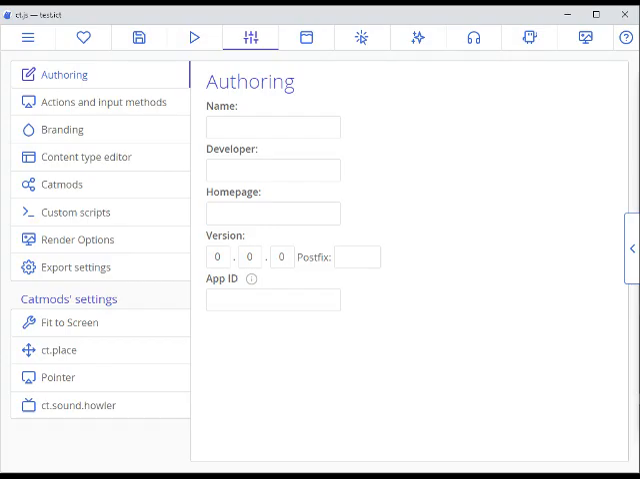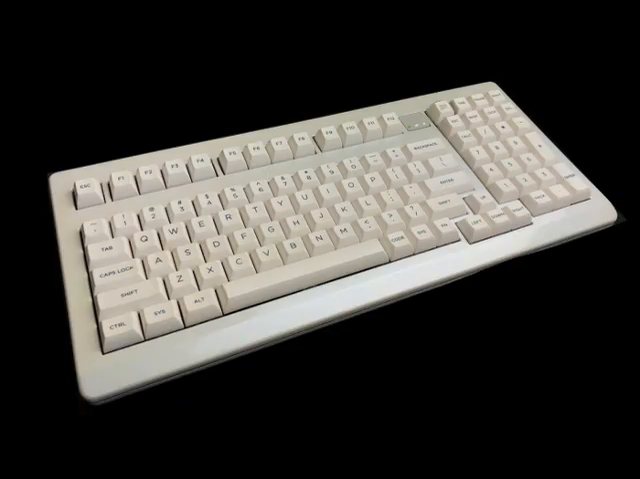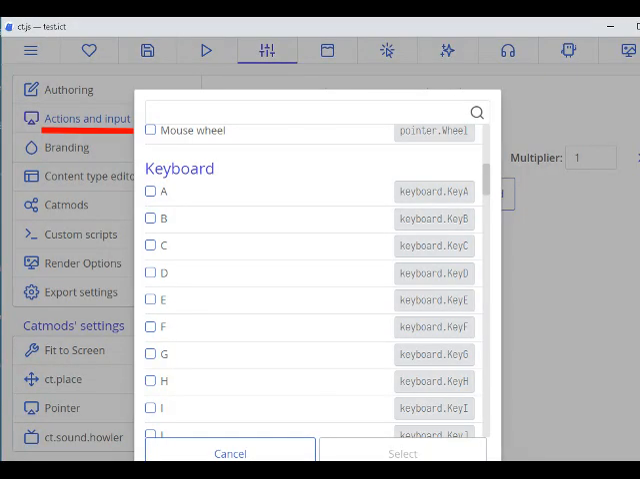I'm doing this in the ctjs-editor. Setting up a global variable can be done in a custom script. Let us call the variable PlayerName and set the start value to an empty string. To make a method for input, we could use the computer's keyboard. We would then use actions and input methods and set up actions for each letter we will give the user